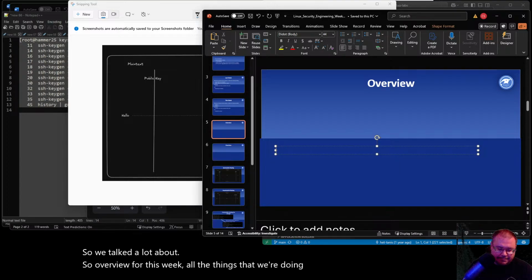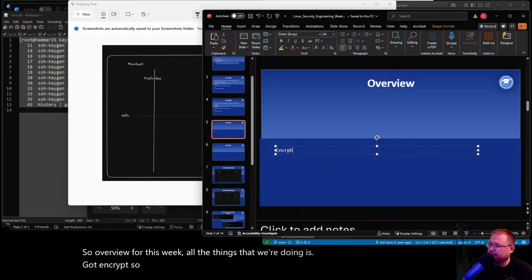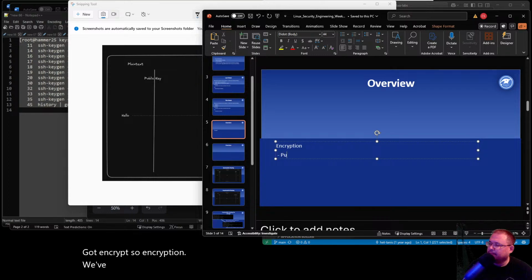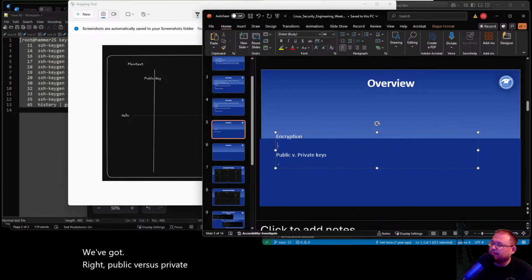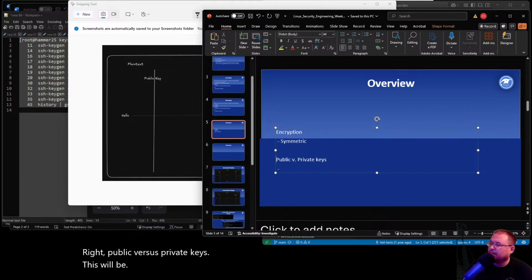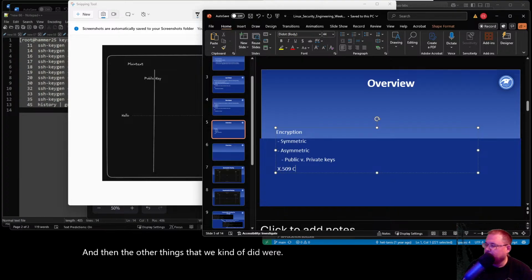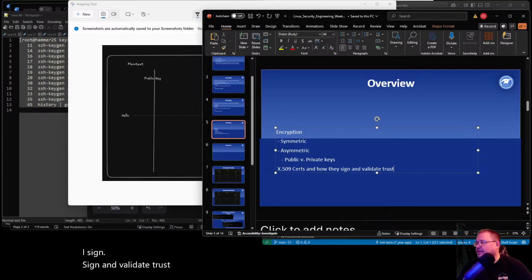All the things that we're doing: encryption, public versus private keys, and then the other things that we did were how they sign and validate trust. There we go. X509 starts on how they sign and validate trust.